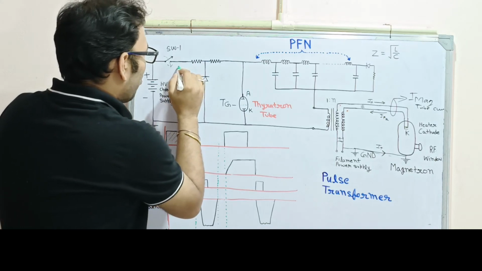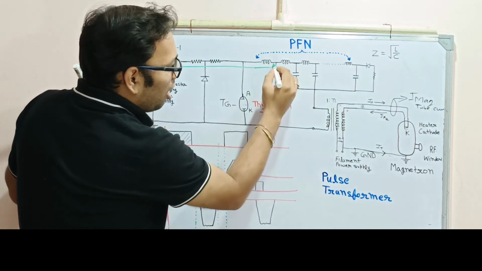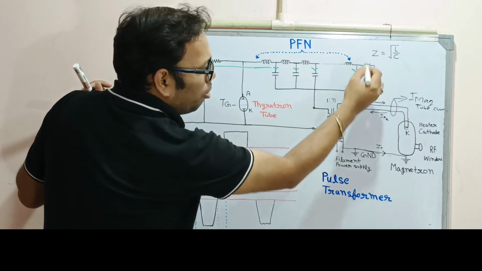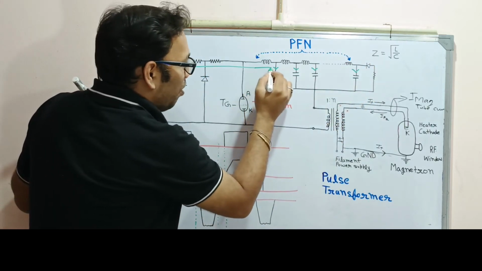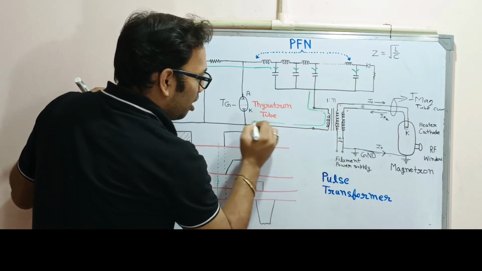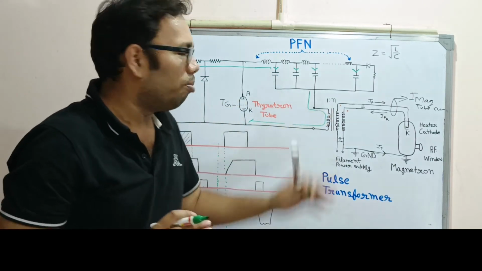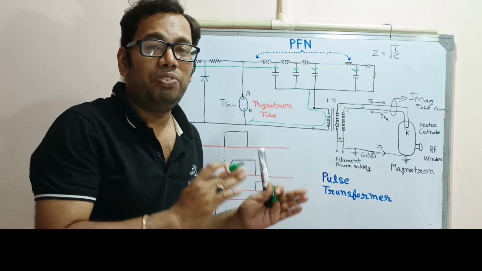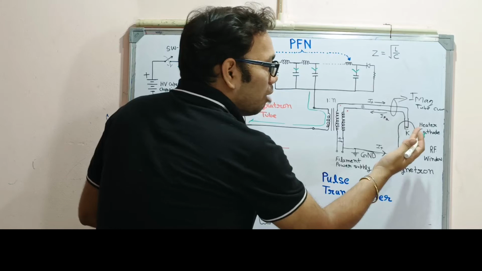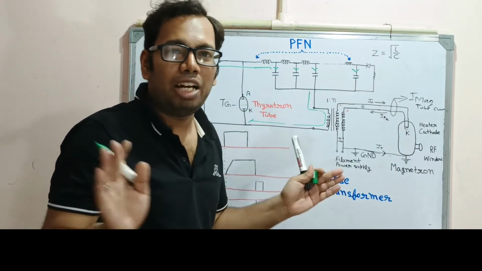So current will start from here, and this is the total current. Then all the current will divide depending on the capacitor. Here it will not go because a reverse diode is there. So current will flow, then the same current will come in here and go from here to here. But I don't want the current to flow through the pulse transformer. If the charging current flows through the pulse transformer, it will generate some output voltage, and that is unwanted output voltage. So that voltage I don't want.